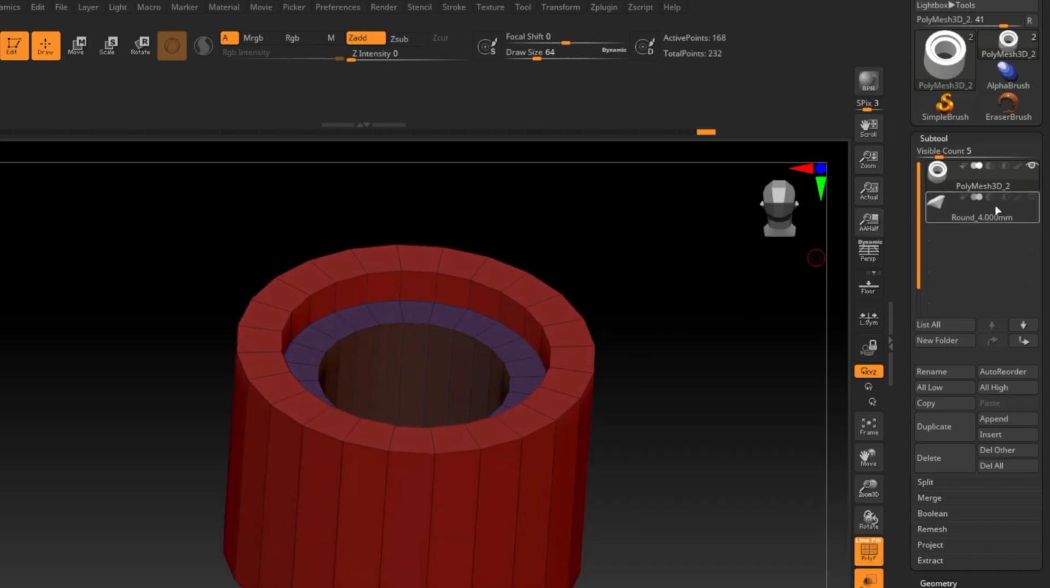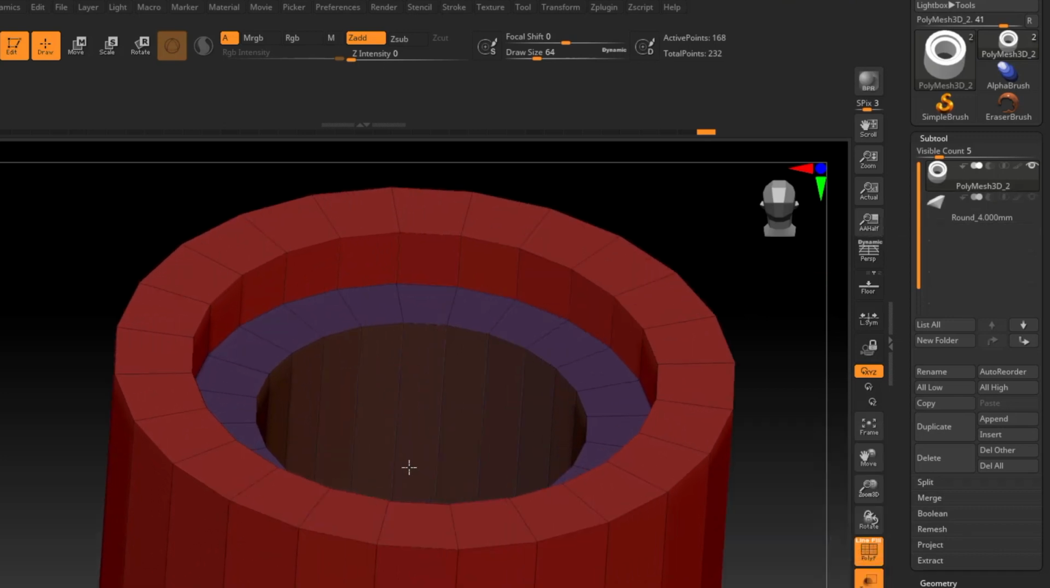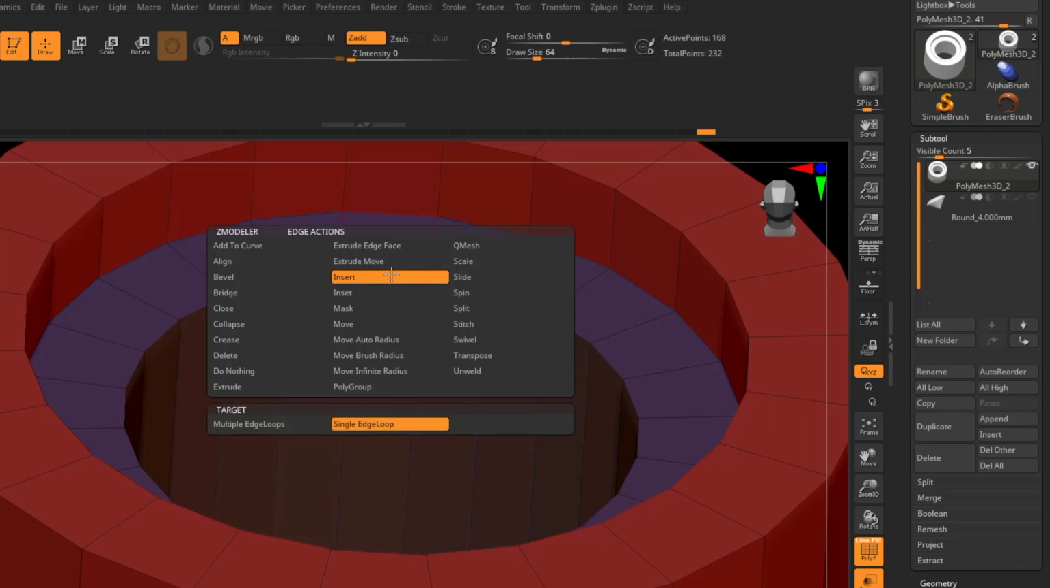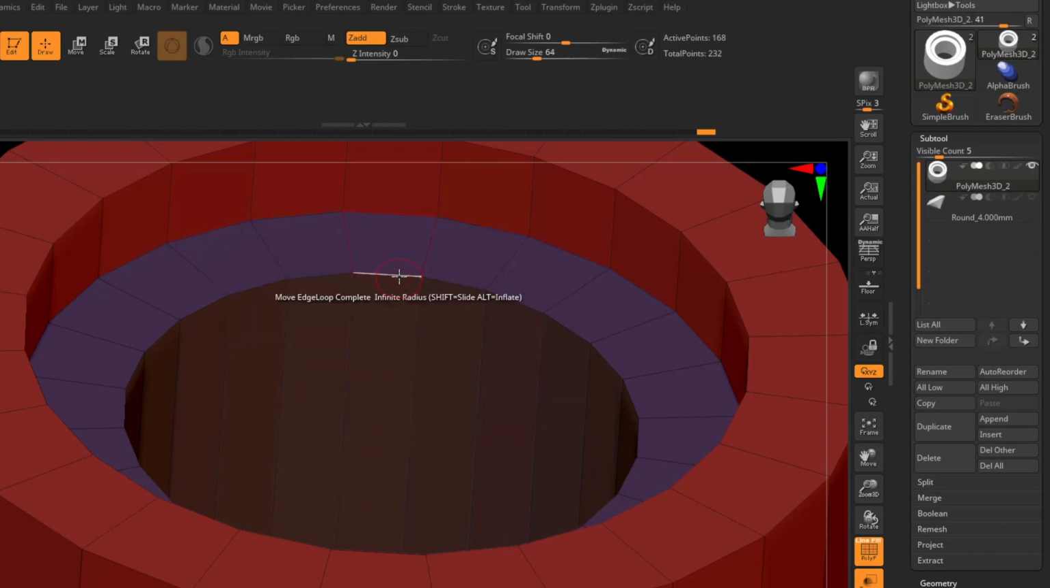Okay, so I'm going to hide my stone by clicking on the eye in the subtool menu, and I'm going to hover over this inner edge here. I'm going to press and hold spacebar, select Move Infinite Radius, and for target, I'm going to make sure it says Edge Loop Complete. What that means is, as I grab one of these edges, it will apply that to all of these edges. So I'm going to hover over this edge, left click and drag,